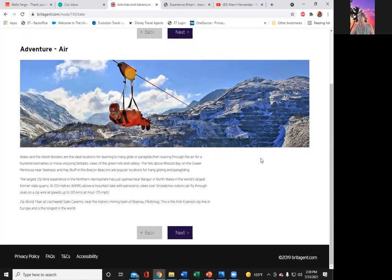Okay, Wales and the Welsh borders are the ideal locations for learning to hang glide or paraglide, then soaring through the air for 100 kilometers or more, enjoying fantastic views of the green hills and valleys. The hills above Rossall Bay on the Gower Peninsula near Swansea, and Hay Bluff in the Brecon Beacons are popular locations for hang gliding and paragliding. The largest zip wire experience in the Northern Hemisphere has just opened near Bangor in North Wales,